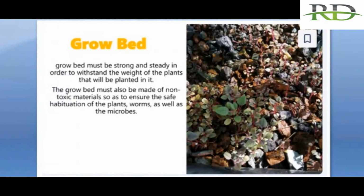So anything, be it sand or gravels, anything which is utilized just to hold the plant will be called a grow bed. Next,